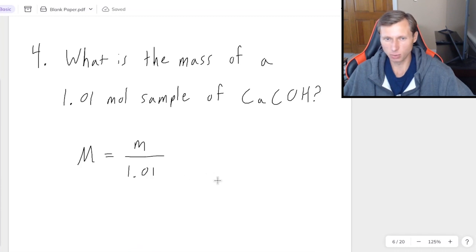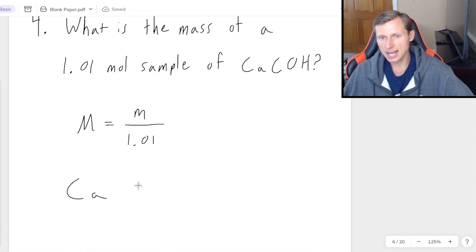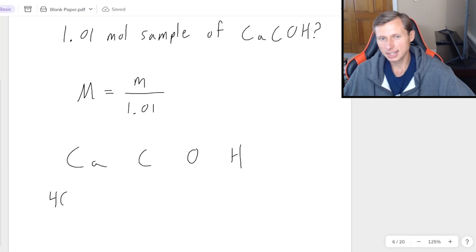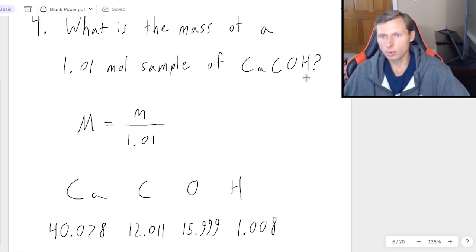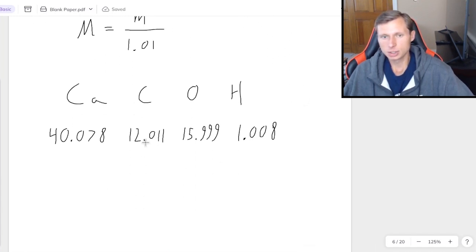is 1.01. So now I just have to find the molar mass again, which the elements are Ca, C, O, and H. Calcium we already did today. It was 40.078. Carbon is 12.011. Oxygen, our favorite, 15.999. And hydrogen, 1.008. And we notice here this time, CaCOH, there's no subscripts, no nothing. So that means 1 of everything. So if I want the molar mass, I just have to add these 4 numbers together. And that'll get me a molar mass of